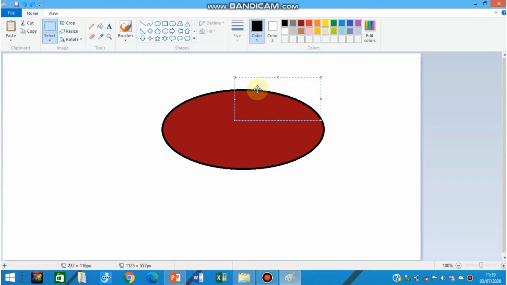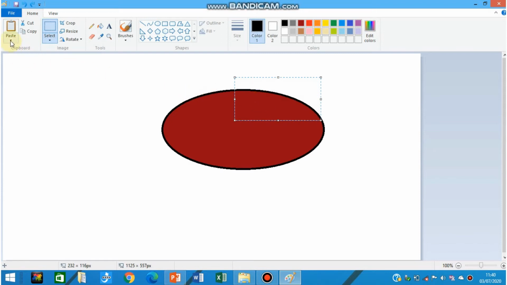Now after selecting the portion, just right click on that portion. Again this drop down list appears. From here you have to use this copy command. Click on that copy command once, and after clicking that, you can see that the portion which you have copied has not been cut. That is the difference between cut and paste and copy and paste.